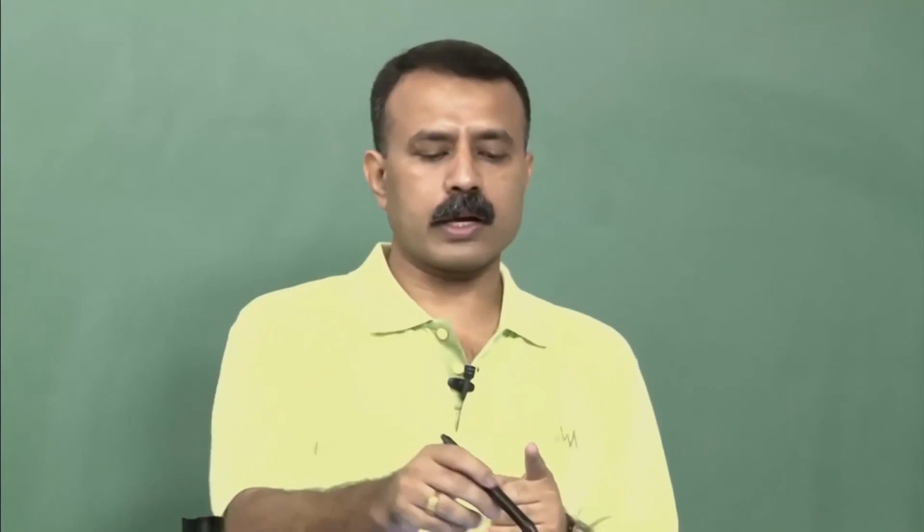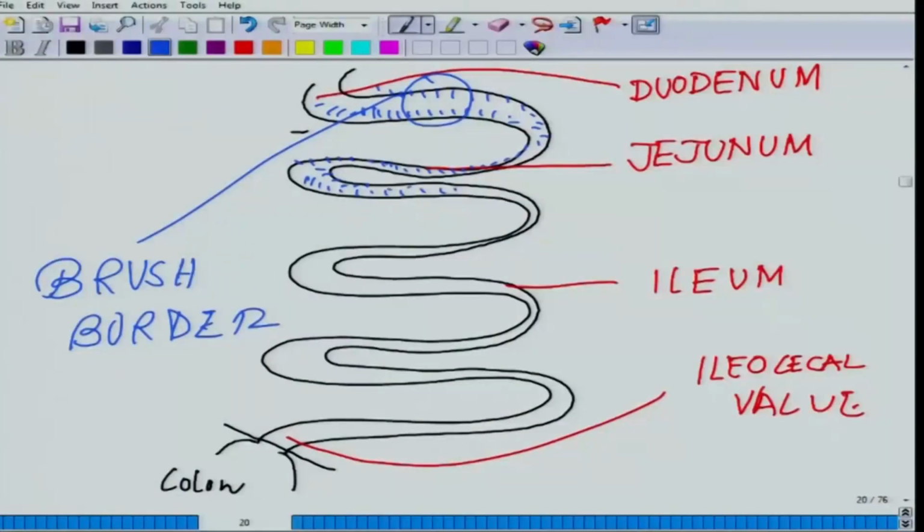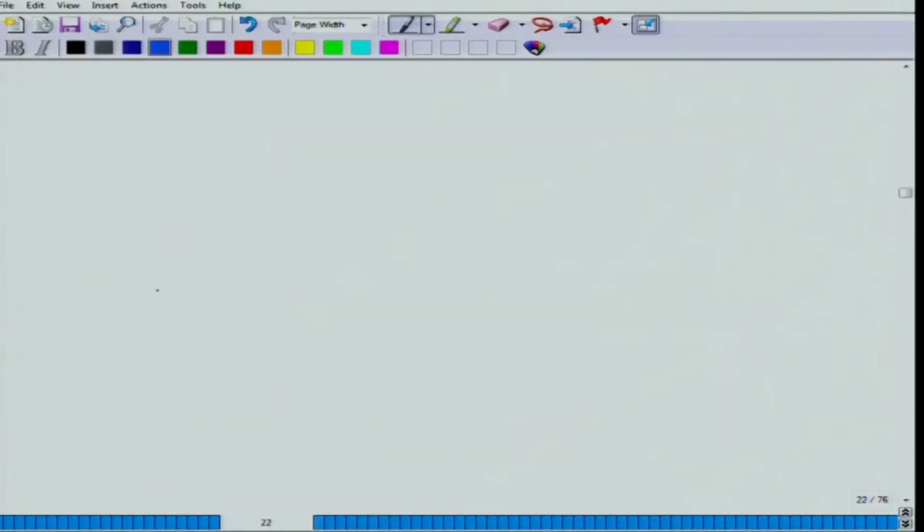So, coming back now, after giving you these anatomical features, I will move on to give you an idea about the histological aspect of it. We will take a cross section of this and talk about the histological parameters. Okay. So, coming back to the slides now. This is how it looks. If you look at the cross section of one of